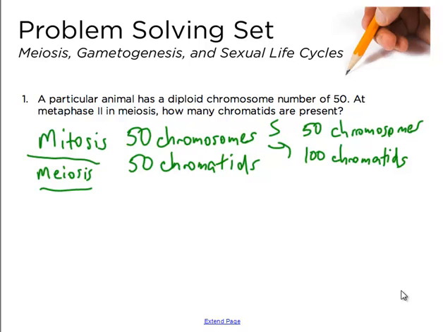Now, depending on which cell division process we're going to go through, that's what's going to answer our question. If it was mitosis, there would be 100 chromatids in that cell